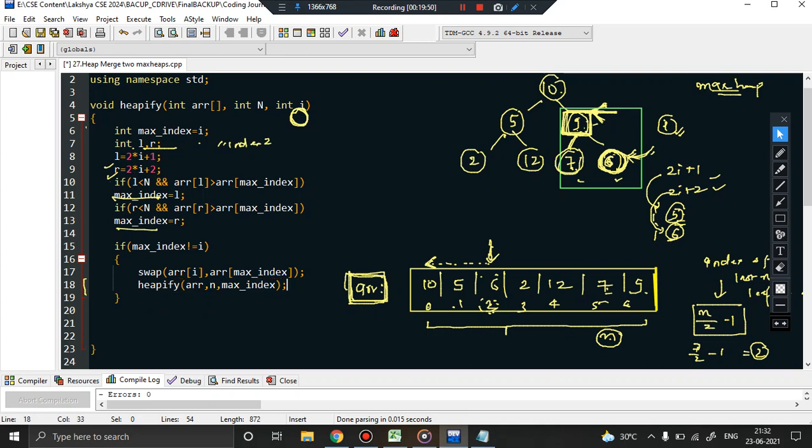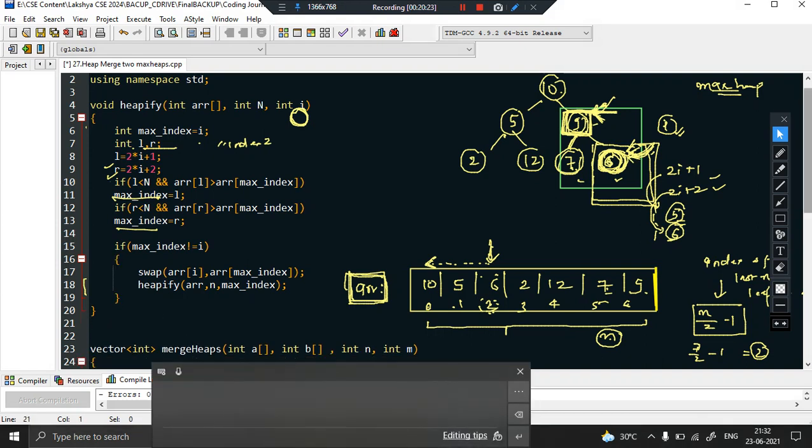You can see that you have detected the maximum value at this point, and you have adjusted it by replacing this value with its root. Now it might happen that you have disturbed its subtree, so again try to heapify its subtree. But since here you have only one node, no problem, nothing will happen. So this heapify call for this node has successfully completed its execution, and it will just return the control.